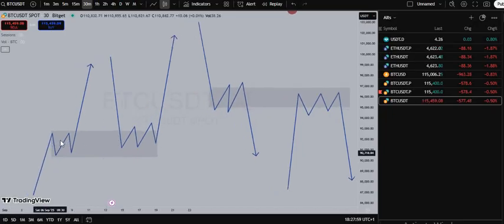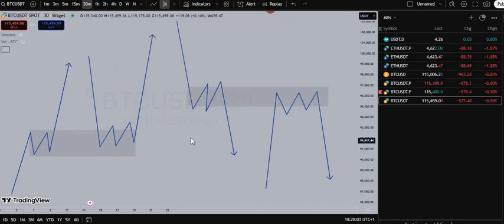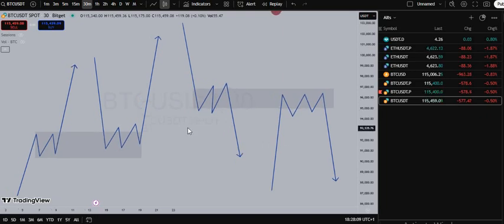Now rally base rally and drop base rally are bullish candlestick formations, while drop base drop and rally base drop are bearish candlestick formations. But I for one only place emphasis on rally base rally and drop base drop, simply